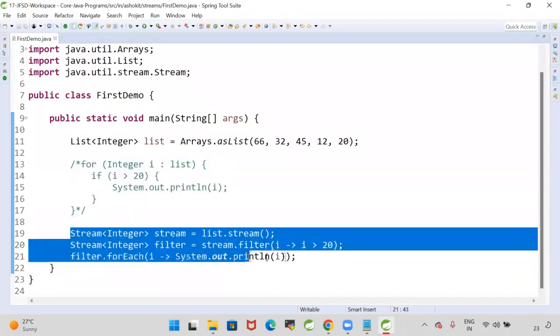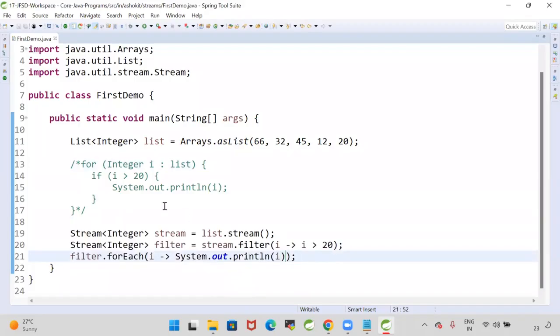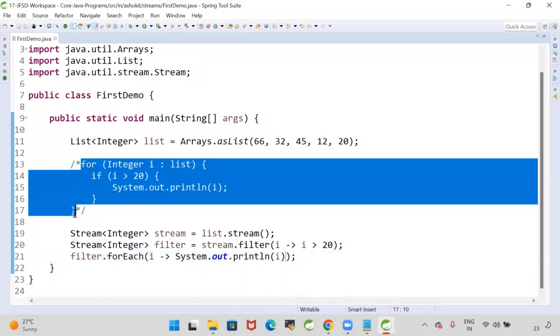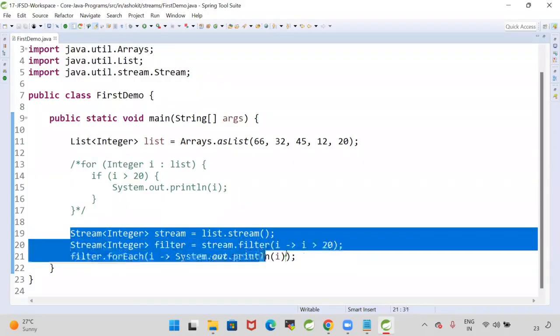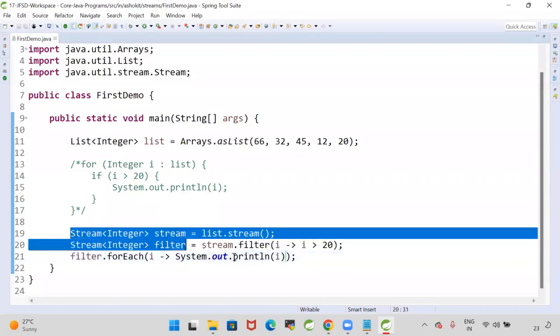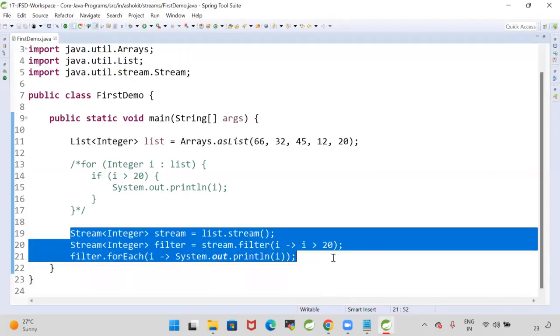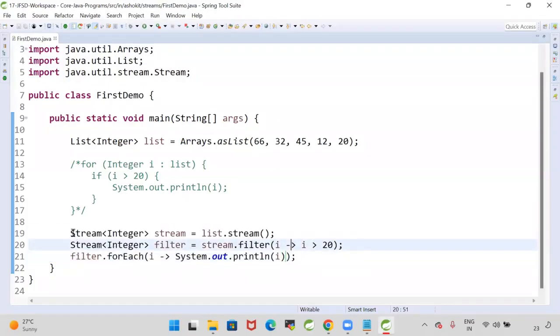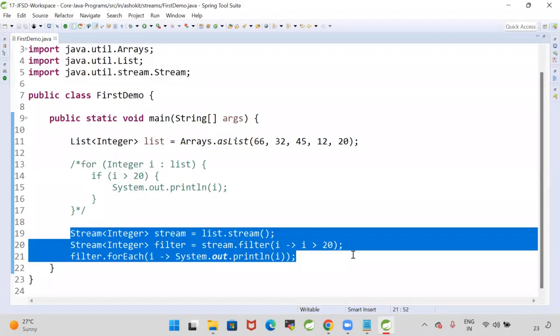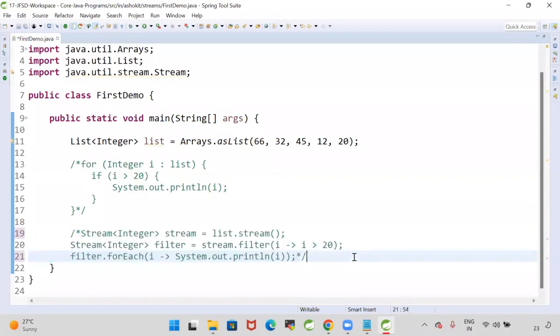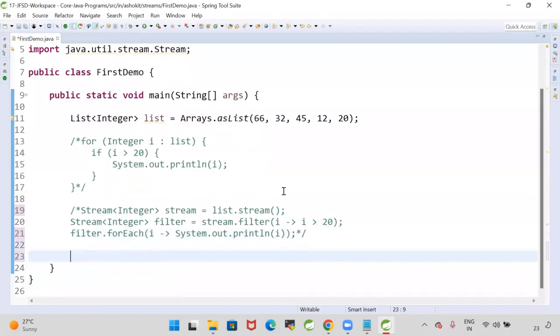The same logic can be done by using stream also. Here also there are several lines of code available. What is the benefit? Now we can simplify this code. Let me comment this code now. We can simplify that logic into a single line, guys. See here,